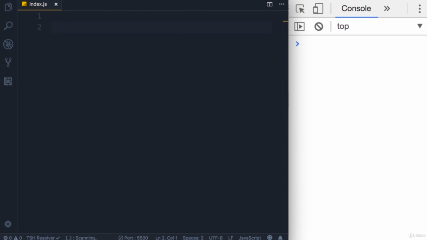With all the loops you have learned about in this section, there are 2 keywords, break and continue, that can change how the loop behaves. In this demo, I'm going to use a while loop, but what you're going to learn applies to all kinds of loops you have learned in this section. So let's start by